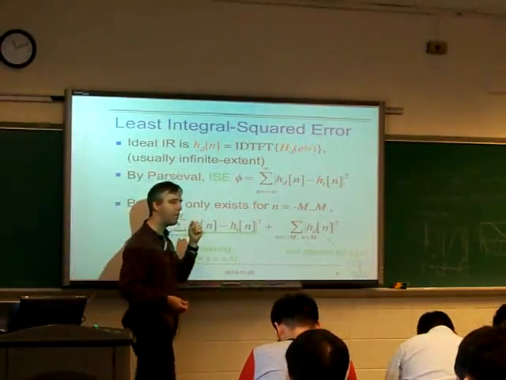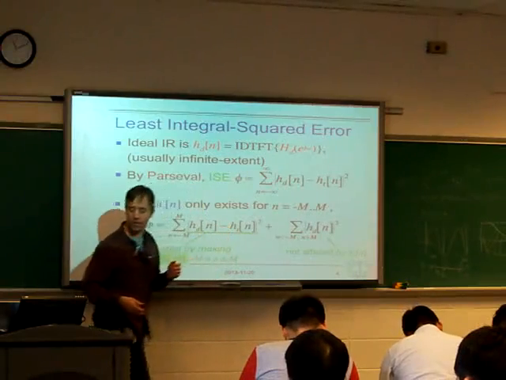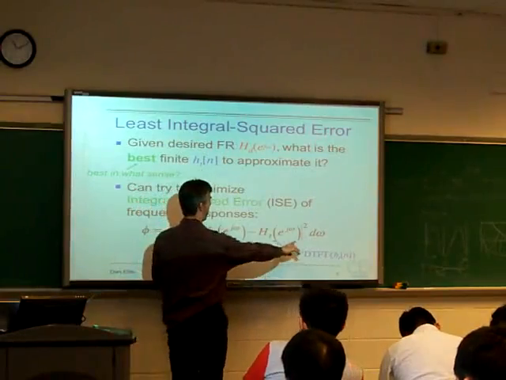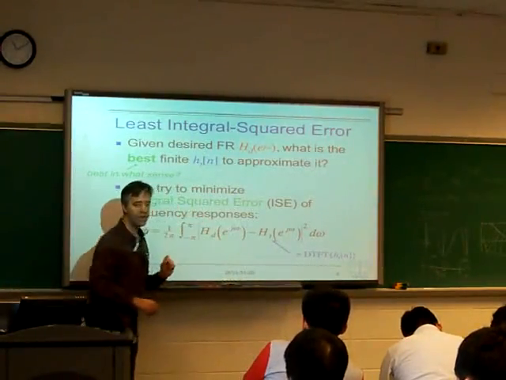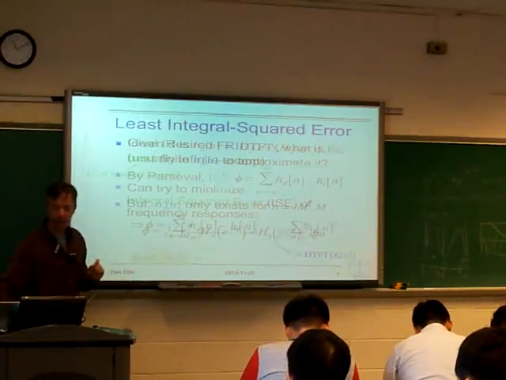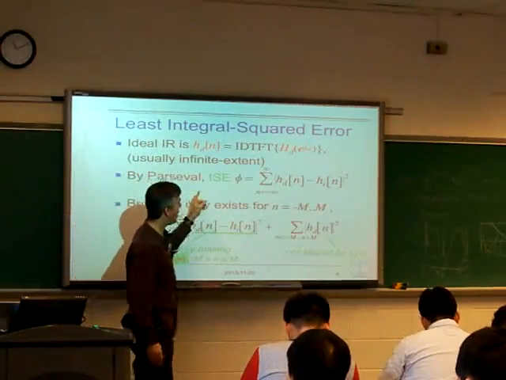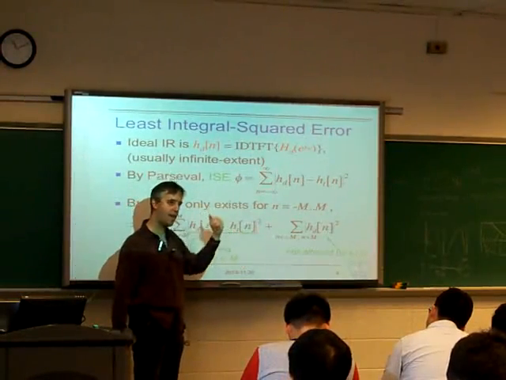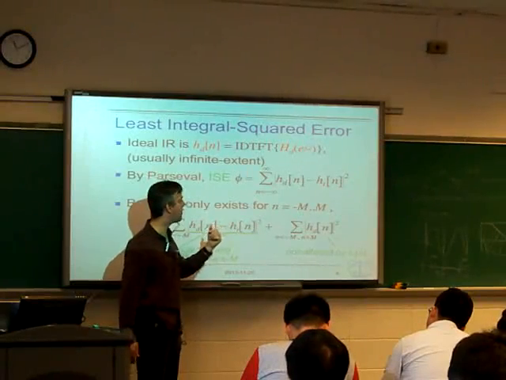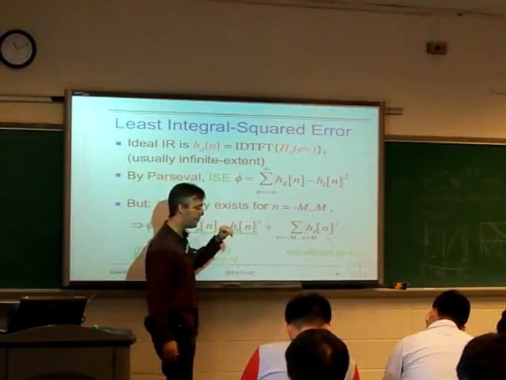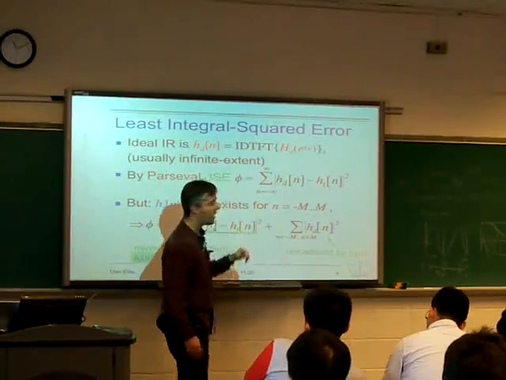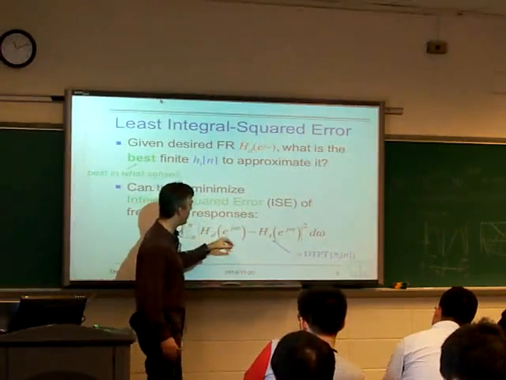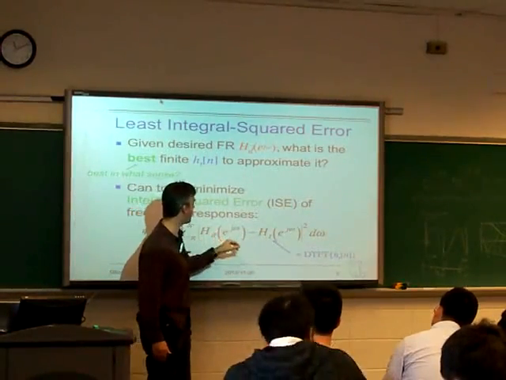Now we're trying to minimize this integral, which is a function of omega, right? It's a function in the frequency domain. Now Parseval's relation says, if you have the squared magnitude of something in the frequency domain, it's actually the same as the squared magnitude of it in the time domain, modulo some scaling constants. And in the frequency domain, this is the squared magnitude of the difference between